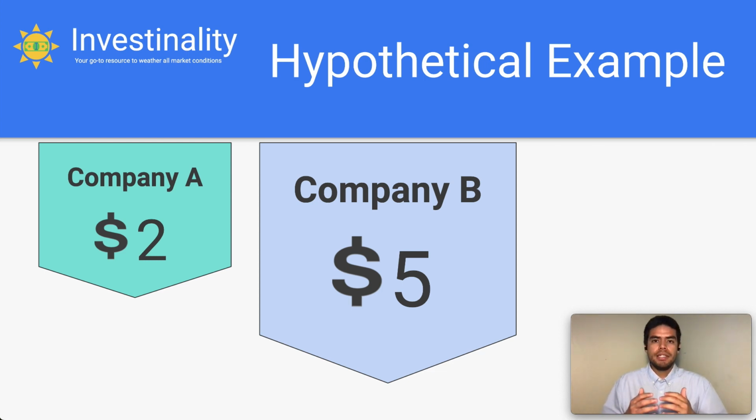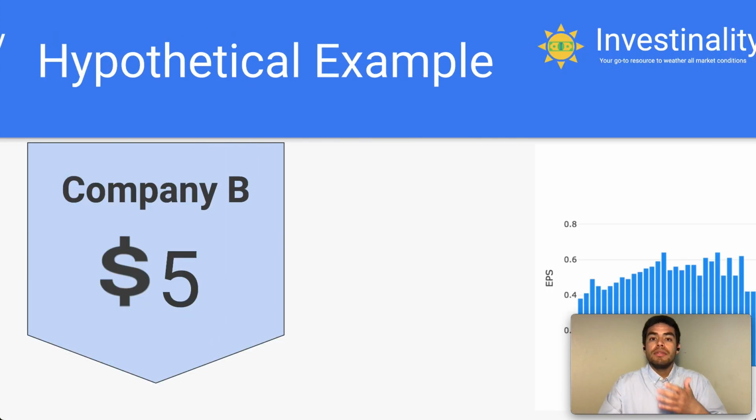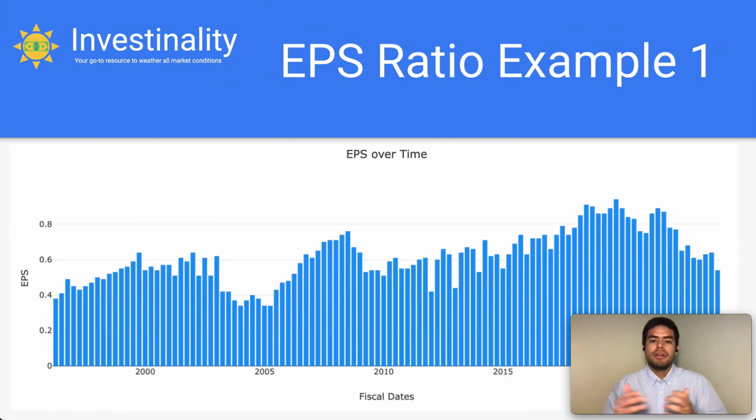Now, something to take into consideration with the EPS is that it does fluctuate on a quarter per quarter basis. Let's take a look at how this could impact the profitability of a stock over time. The first example I'll go through is this hypothetical company. This company has a fluctuating EPS. So for example, from before 2000 to 2000, the EPS is on a somewhat steady increase. After 2000 until 2005, the EPS decreases, and this rise and fall can be seen to be consistent over time.